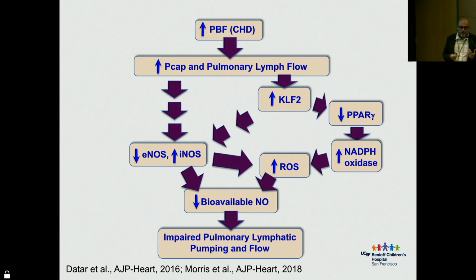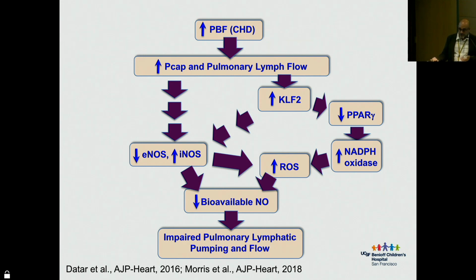And then iNOS, or inducible nitric oxide synthase, which is involved in inflammatory processes and is very efficient at making reactive oxygen species, was upregulated, again, both mRNA and protein expression as well as activity. And so together, this downregulation of eNOS and upregulation of iNOS drove production of reactive oxygen species, which was scavenged by available nitric oxide. In addition, we investigated the PPAR gamma signaling pathway, which was worked on in large part by